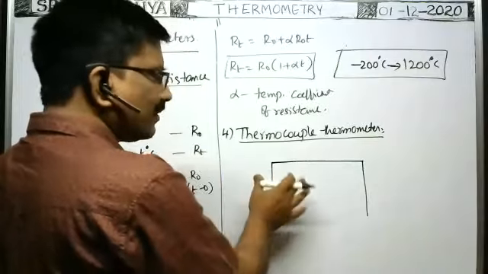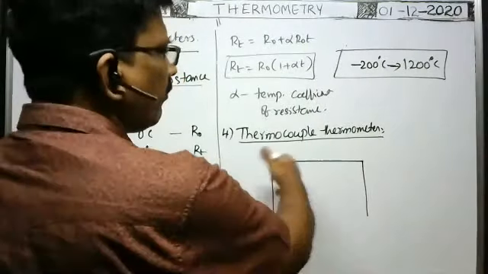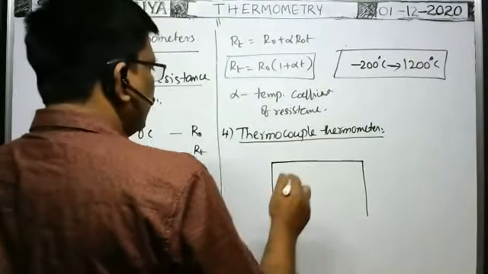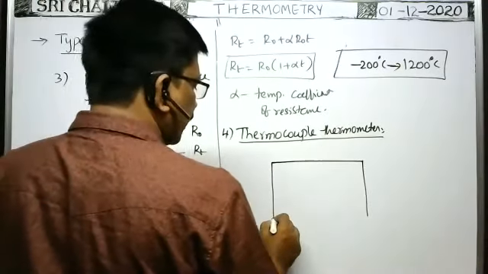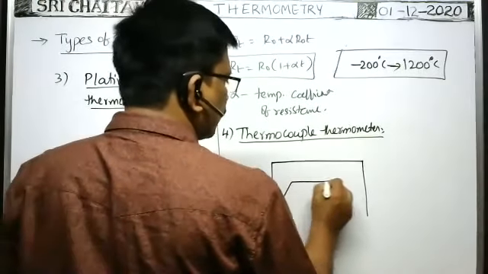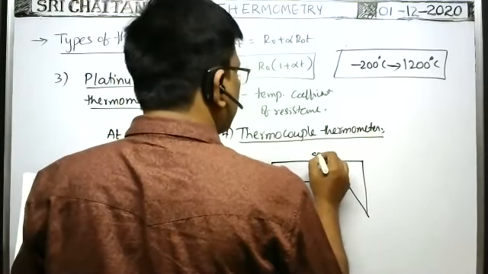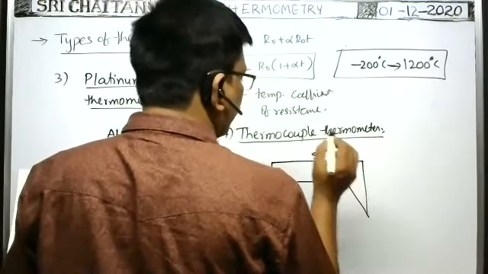So in order to see the diagram neatly, I draw like this. We can take any shape because it is a wire. It is flexible. We can draw in any shape. Here you take this. This is one wire. You take another wire. Here, this is the antimony, Sb, and it is the bismuth wire, Bi.